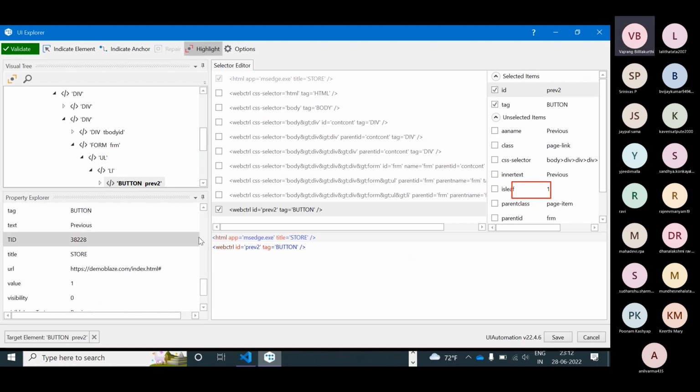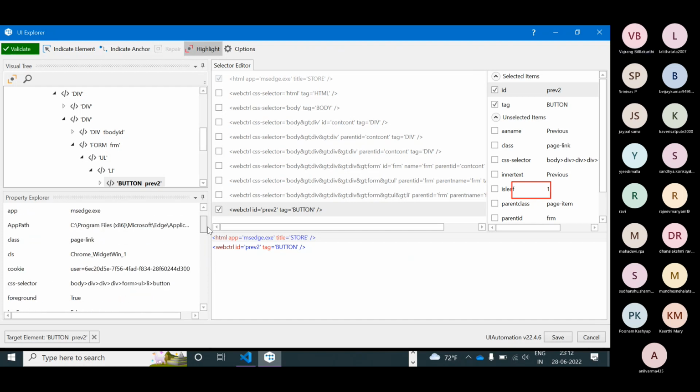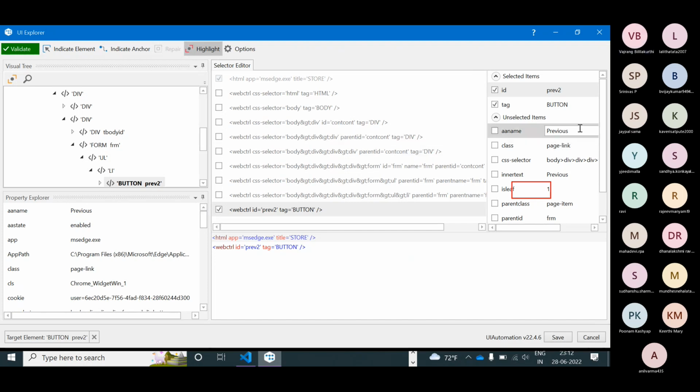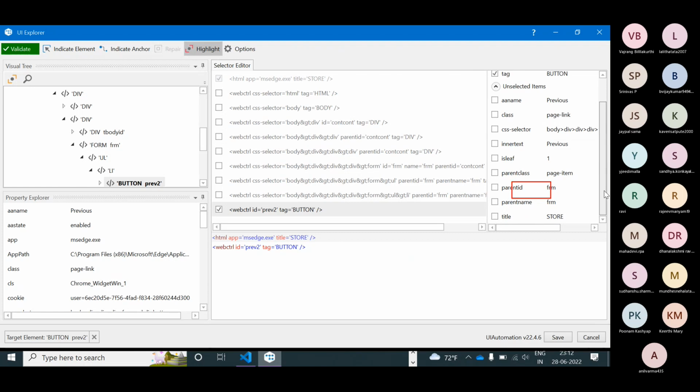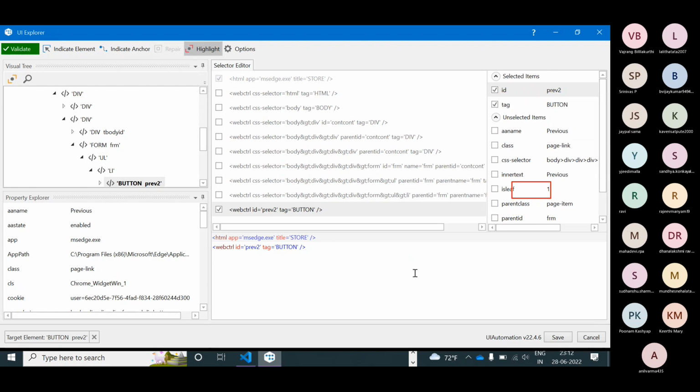Button previous enabled visibility is 0. Display. Display enabled. Come on, give me some ideas. None of you are trying to give any idea. Why?